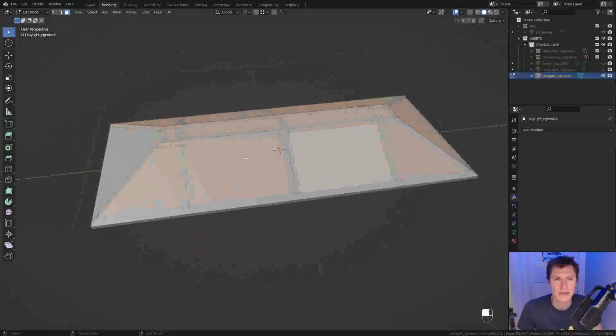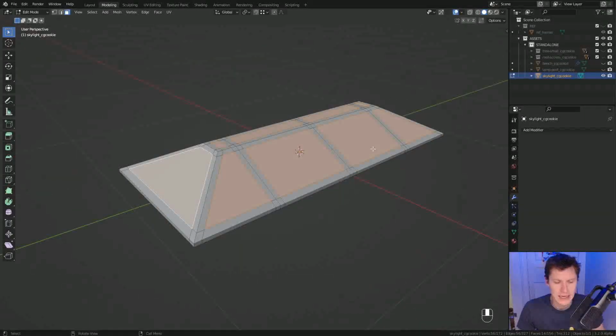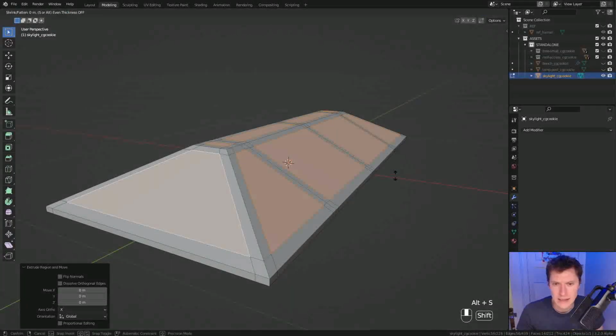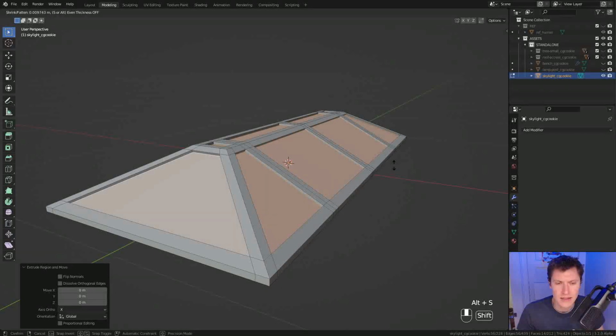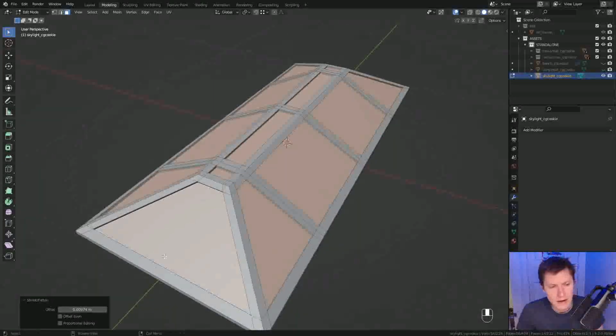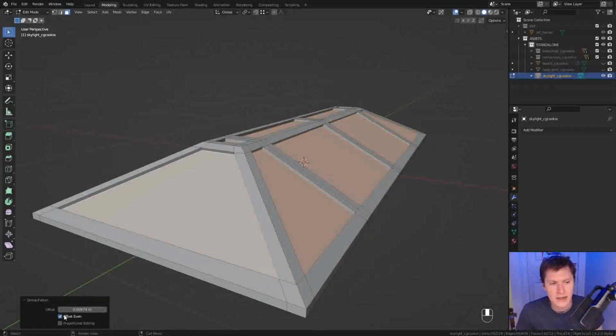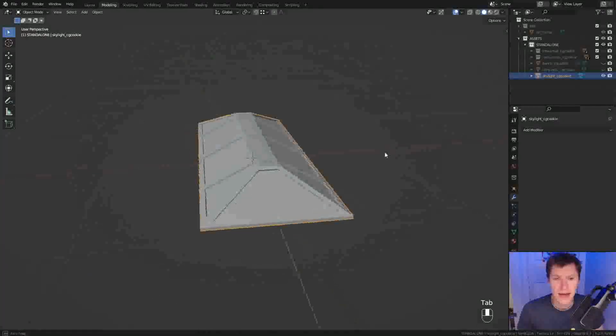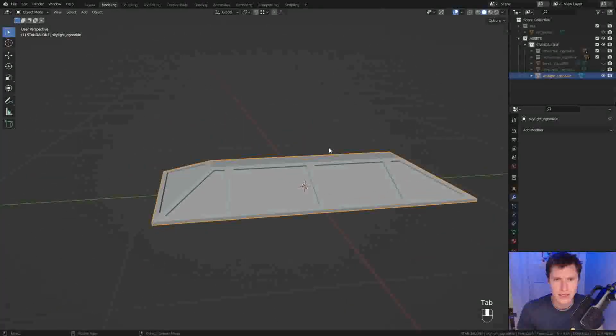All right, so with those selected, let's hit the E key. I'm going to right click and use Alt S to push those in, just a little bit like that. All right, I want to enable offset even. Doesn't look like that changed anything, but generally that produces a better, more even extrusion. Not really sure why it's disabled by default, but anyway, now we've got our skylight modeled and we're ready to